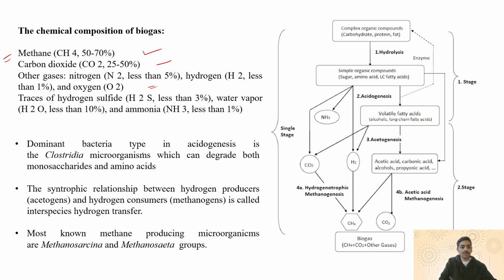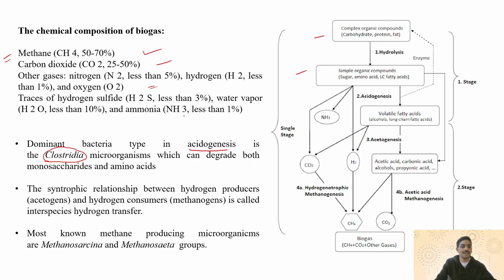Next, here, two important factors you should remember: which organisms are involved in acidogenesis, and which are in the symbiotic relationship with the hydrogen producers. Here, the Clostridia are involved in acidogenesis. Mainly, during biogas production, there are three stages in general. First, the complex organic matter, that is cow dung, whatever we submit, undergoes hydrolysis. Then that complex organic compound will be converted into simpler organic compounds, that is sugar, amino acid, fatty acid. And now this will be acted upon by the acidogenesis process.